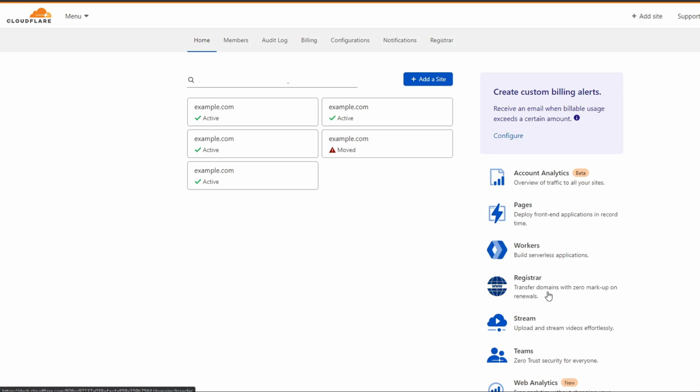If you've already watched my transfer from Hostinger to CloudFlare or GoDaddy to CloudFlare, you probably know how you can transfer your domain to CloudFlare. You simply have to click the register button. By the way, I've already made the videos for Hostinger and GoDaddy transfers to CloudFlare. The links are in the description. You can watch them as well. So you just have to click the